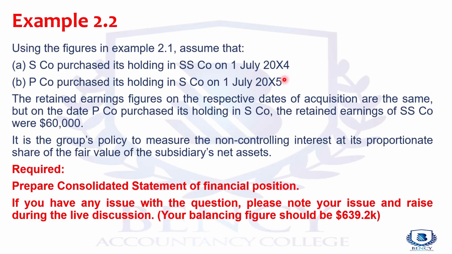So you have to take your time, sit down, go back to your slides, and pick the same data, but here the date of acquisition is changing, right? The date that the subsidiary acquires the sub-subsidiary is 1st July 20x4, and the date that the parent acquires the subsidiary is 1st July 20x5. Nothing else has changed, so please go through. And the only thing